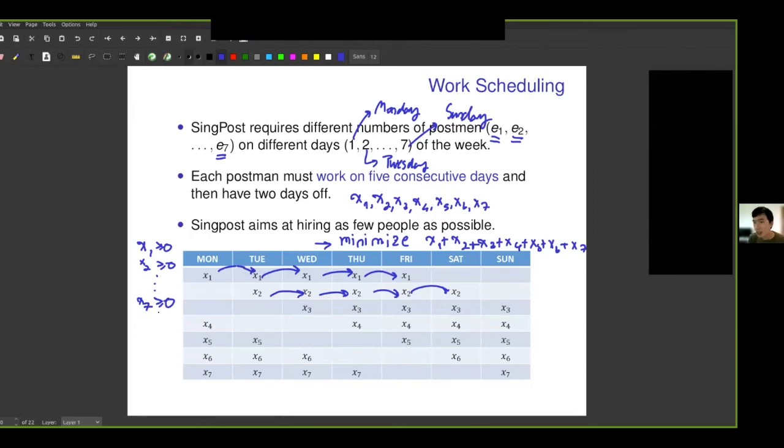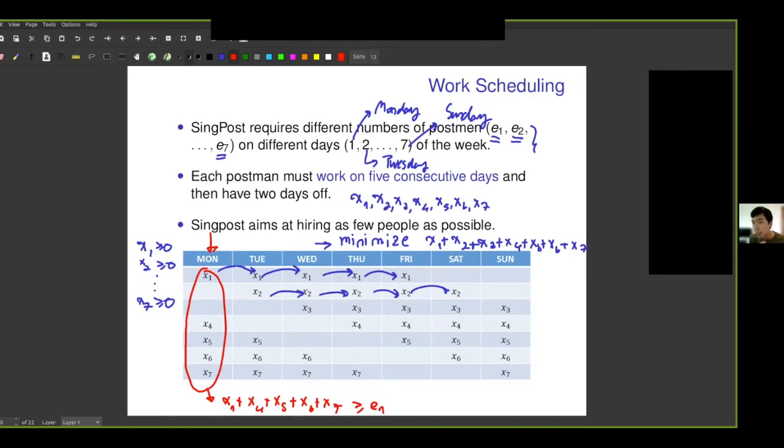But besides this, I will also have some other constraints, which is basically the minimum requirements on the number of employees that I need to have on different days. So for instance, if I take a look on Monday, which is day 1, the total number that I have is going to be given by x1 plus x4 plus x5 plus x6 plus x7. This is the total number of employees that you will have on Monday, and this needs to exceed the minimum requirement, which we discussed on the first bullet point. The requirement is basically this needs to be greater than E1,